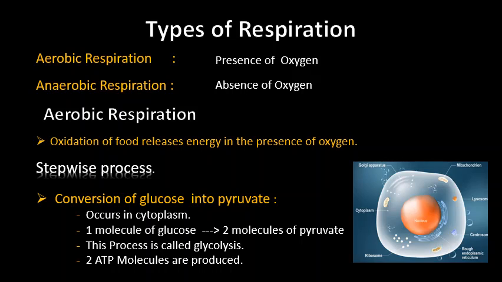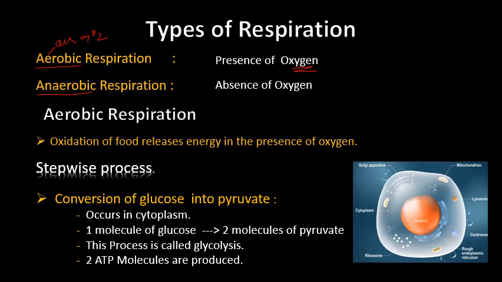Now let's see the types of respiration. There are two types of respiration. The one is aerobic respiration, the other one is anaerobic respiration. Aerobic means air, so air as oxygen. So the process of respiration that takes place in the presence of oxygen is called aerobic